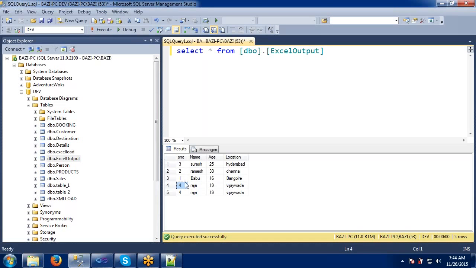I want the data to be in order: 1, 2, 3, 4. I don't want the duplicates either. When I am loading from the source itself, I want to take care of all these things, so it should be in sorted order and the duplicates should be removed. Distinct. Good. So let's try this and see how we can do it.